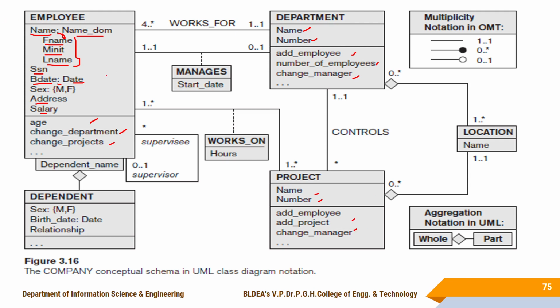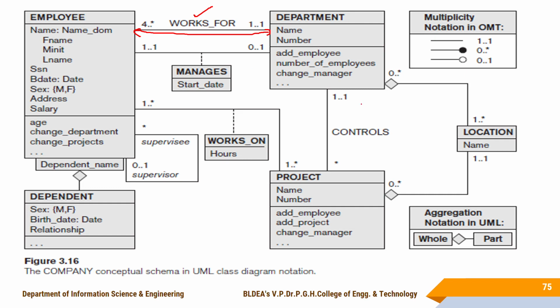Next, here you are linking relationship types. So that relationship type you are representing like this is what we call a link here. So there is some link between these two classes here. Employee and department are the two classes, and you are relating them using this link here. And for that link you are giving the name, works for here. Works for is the association. This is the association name here.